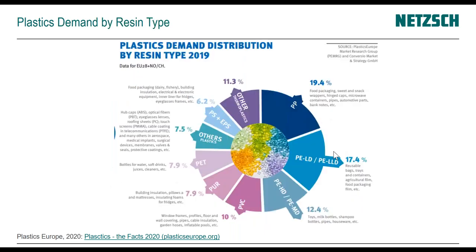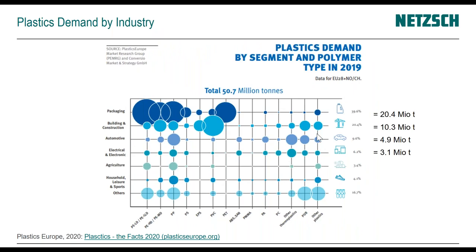And what are we producing in 2019? The same as many years before. 50% of all the plastics produced are polyolefins. The highest number is polypropylene, and LDPE and HDPE, and then all the other plastic materials make up the other 50%. And the reason why we use so many polyolefins are really when we look at the plastic demand by